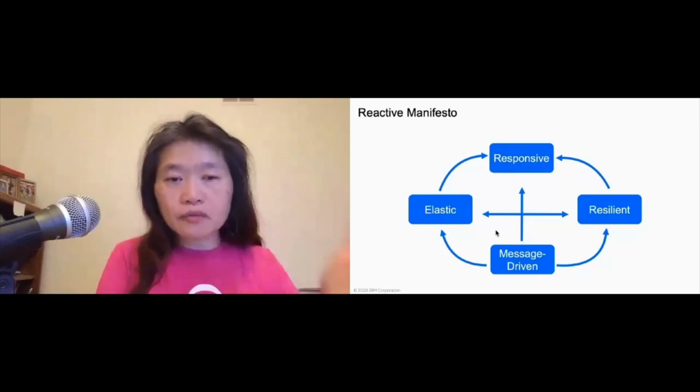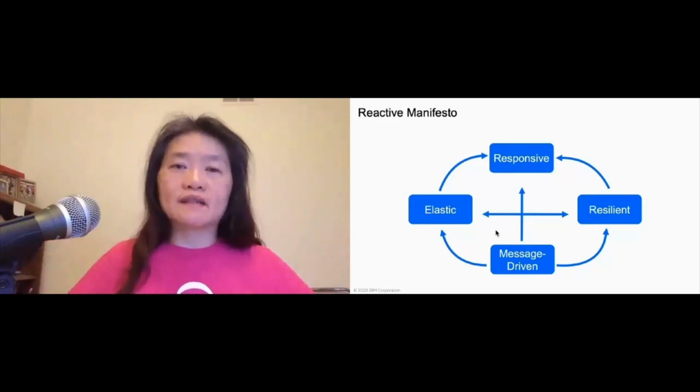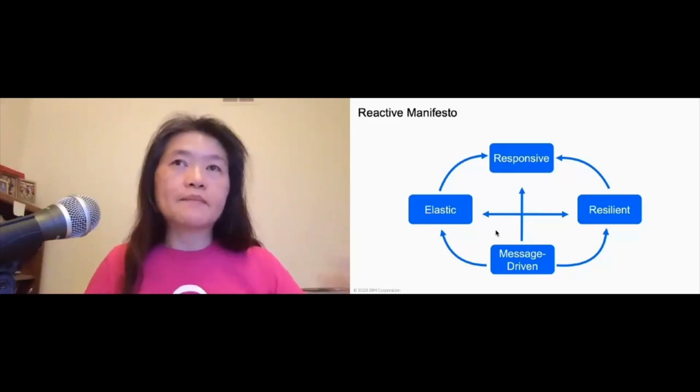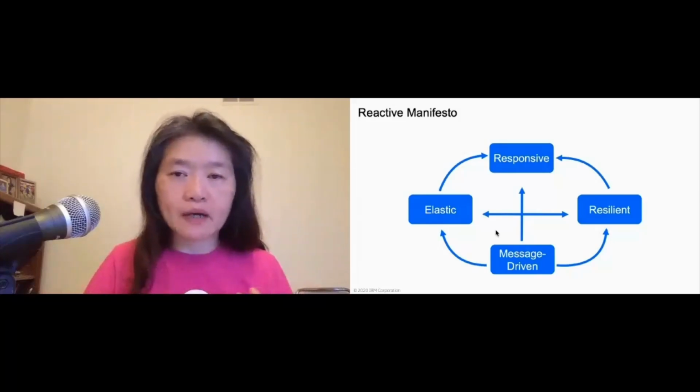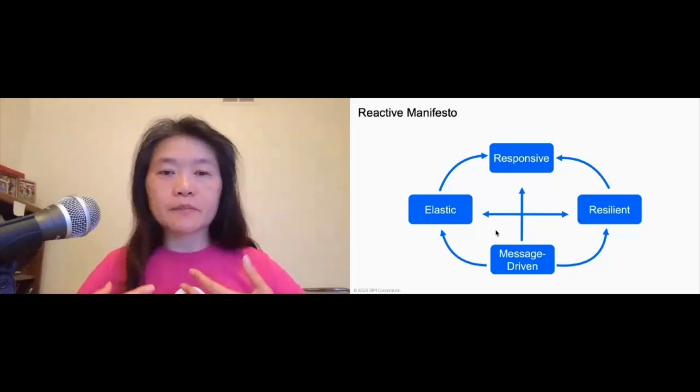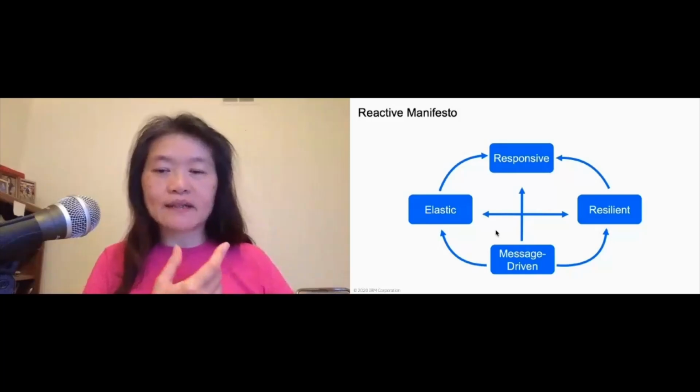Now, when I talk about responsive, what can make it happen? It's basically increasing the performance of a system so that requests can be handled. For example, in modern-day architecture, we have the cloud now, containers in the cloud. Those actually help in the responsiveness of a system. So let's take a look. Okay, let's go to the left side. Let's take a look at elastic.